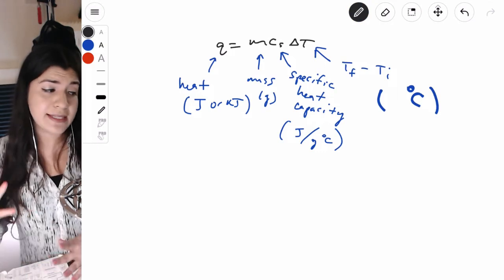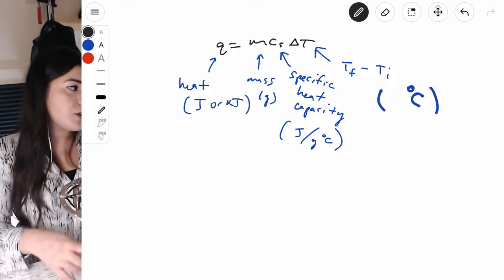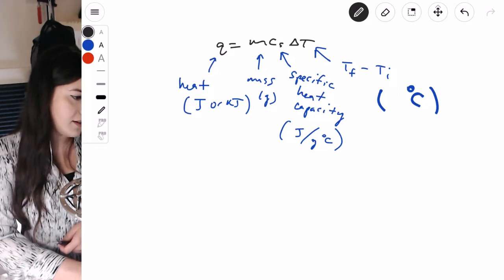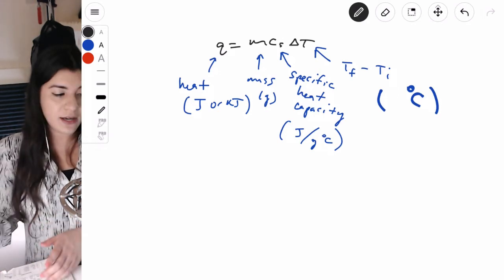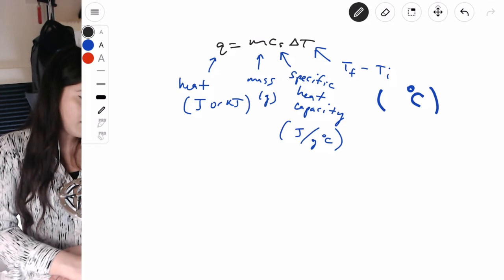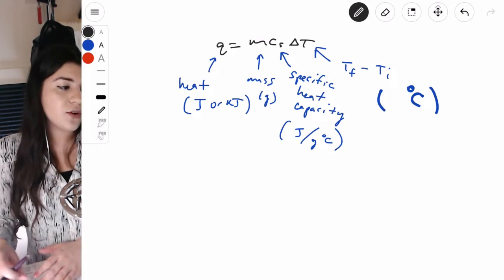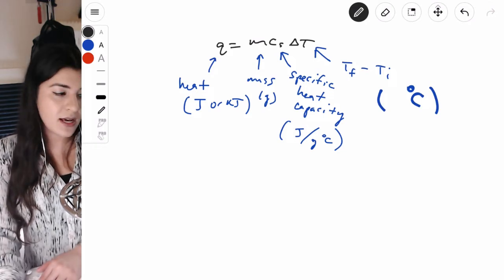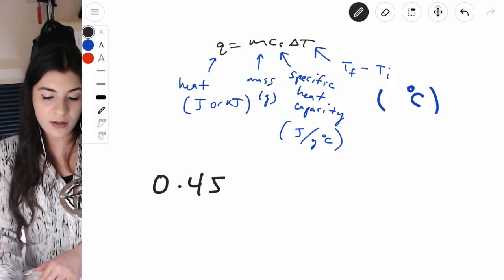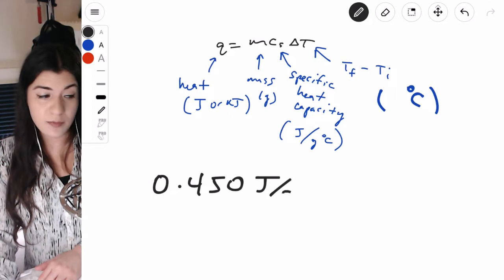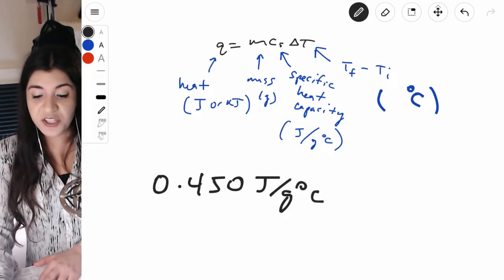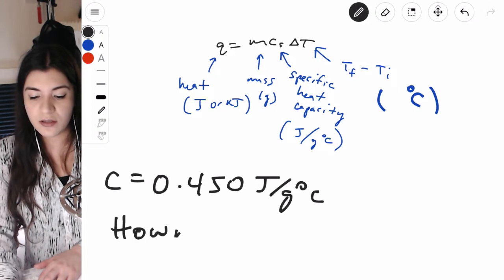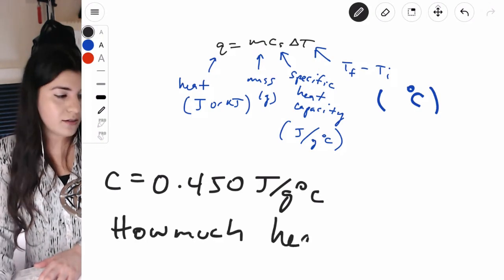Okay, so let's just start off with an example for some sort of calorimetry question. Let's say the specific heat capacity of iron was 0.450 joules per gram Celsius. So I'm going to say C is equal to this, and then how much heat